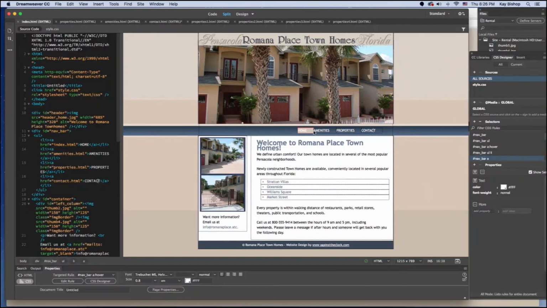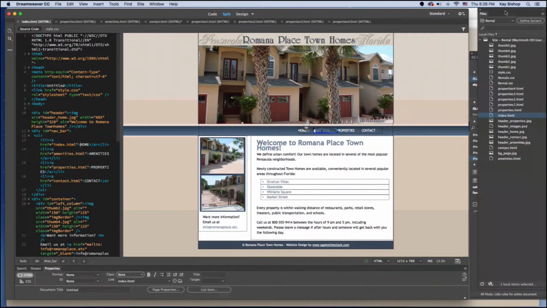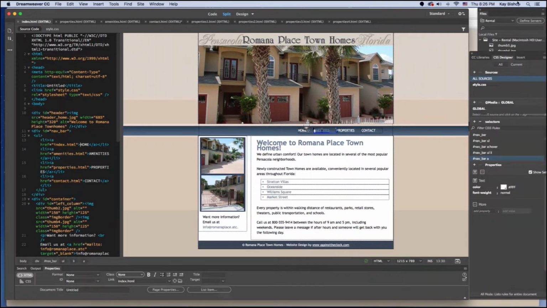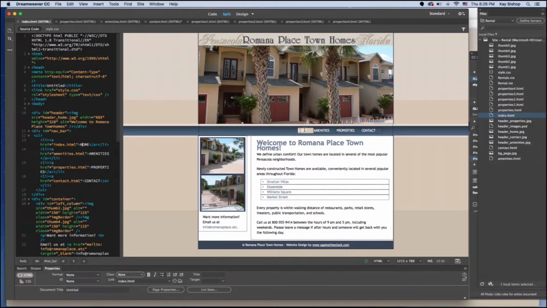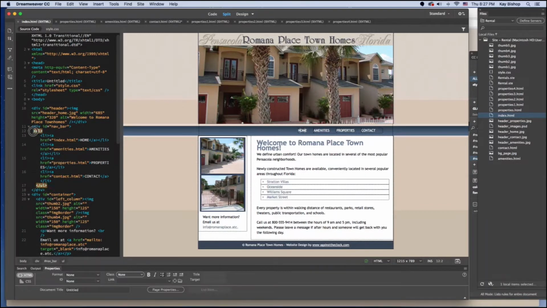Here are some shortcuts if you want to link all of your navigation pages. Instead of going to HTML in my properties panel and linking each one individually on every single page, you can copy the code. So if, for example, I'm on the index page, I click in the navigation area. In my source code, I can copy that unordered list code. Just go to Edit,